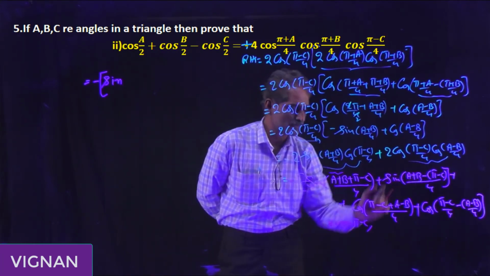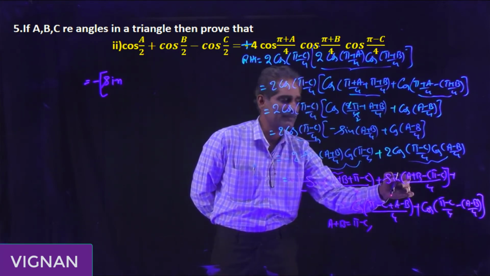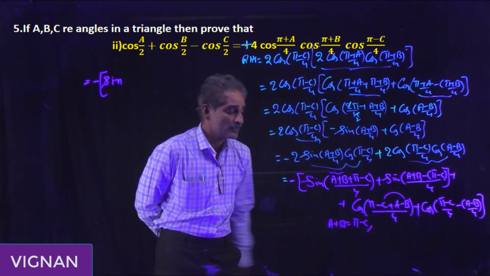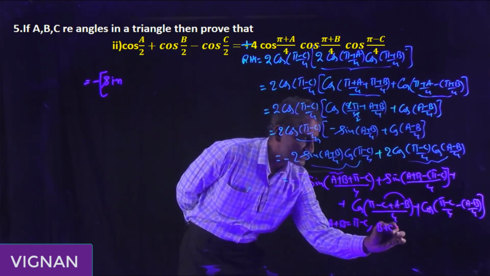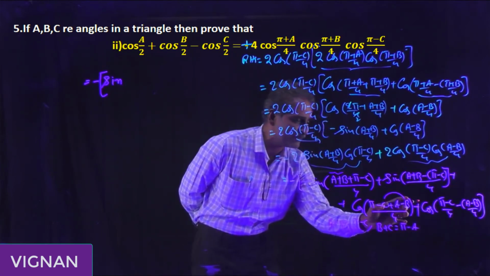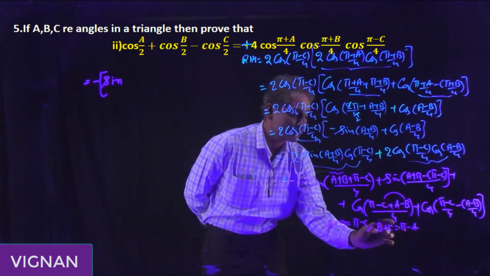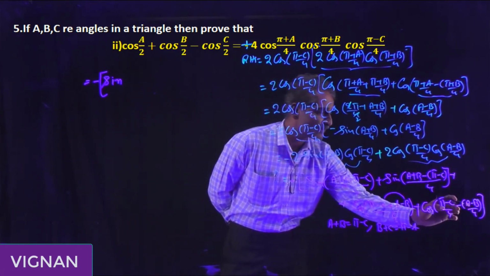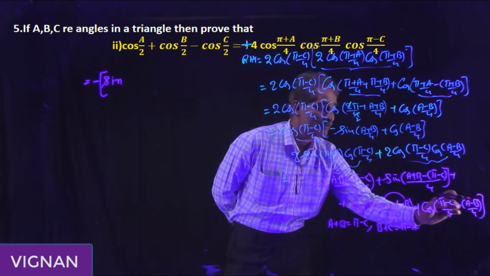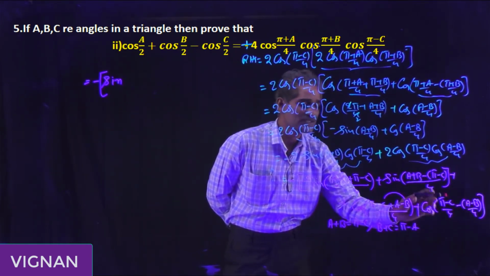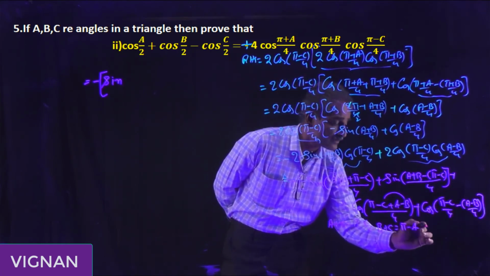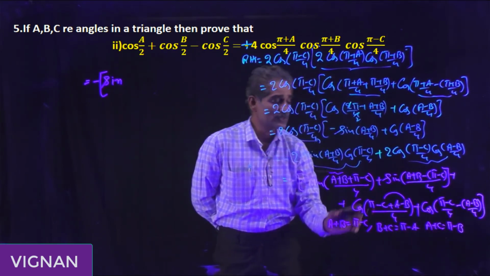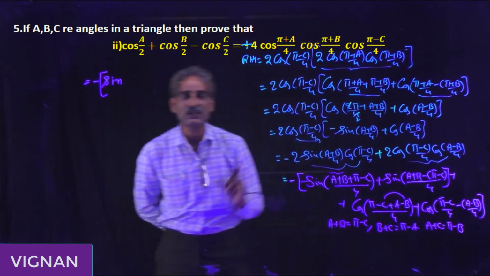Next, here a plus b equals pi minus c, again a plus b equals pi minus c. Here observe that minus of b plus c is there. b plus c is equal to pi minus a. In place of b plus c you can write this value. b plus c equals pi minus a, so minus b minus c equals a minus pi. Here from this we will get minus a plus b, minus a minus c is there. In place of minus a minus c we can also write a plus c, and in place of a plus c we can write pi minus b. With the help of this, try to change all these angles into single form.